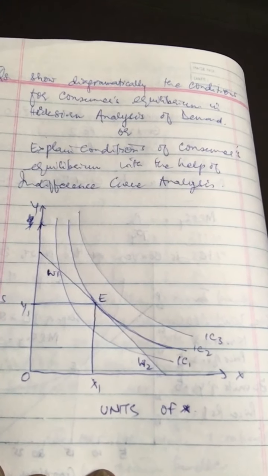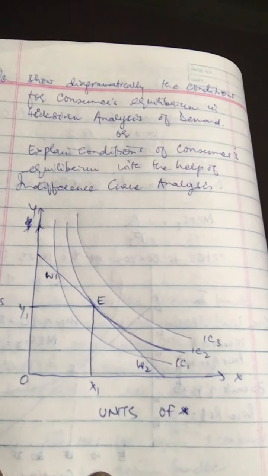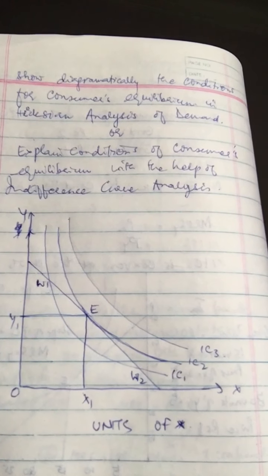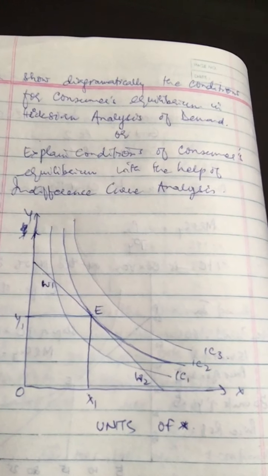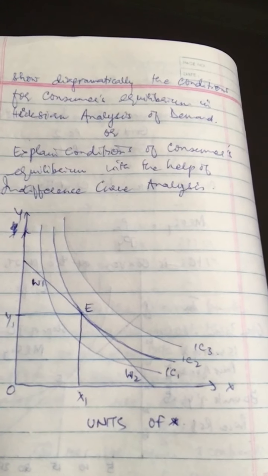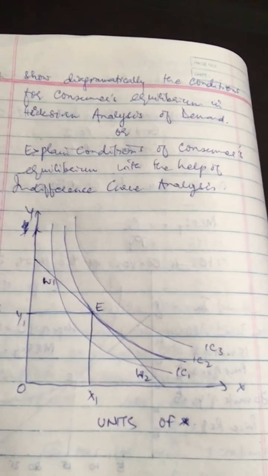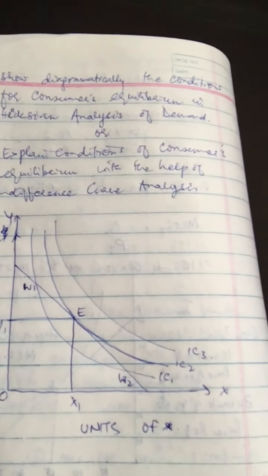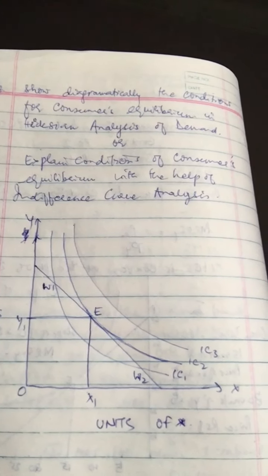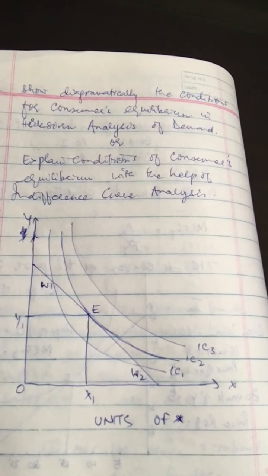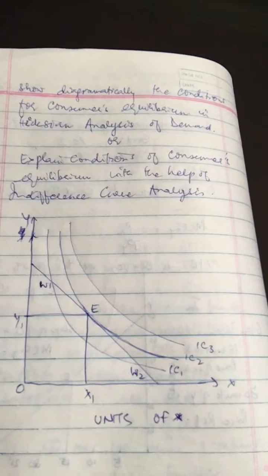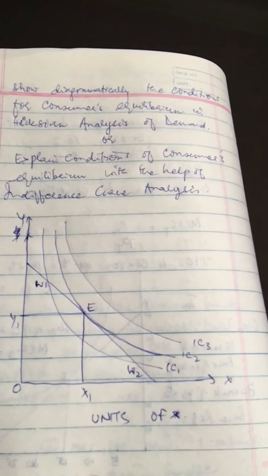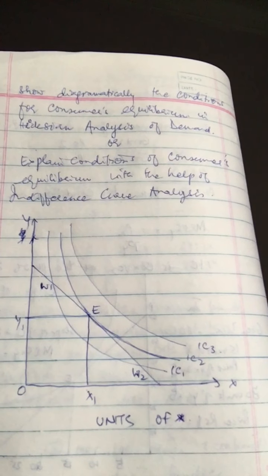Consumer's equilibrium will be at the point where he gets maximum satisfaction with a given money income. As such, a consumer will attempt to reach the highest indifference curve which is within his purchasing power, shown by the budget line. Hence, a consumer will be at equilibrium at the point when the following 2 conditions are satisfied. One is when marginal rate of substitution is equal to market rate of exchange, or the ratio of prices. Now let the 2 goods be X and Y. The first condition for consumer's equilibrium is that MRS is equal to Px upon Py.